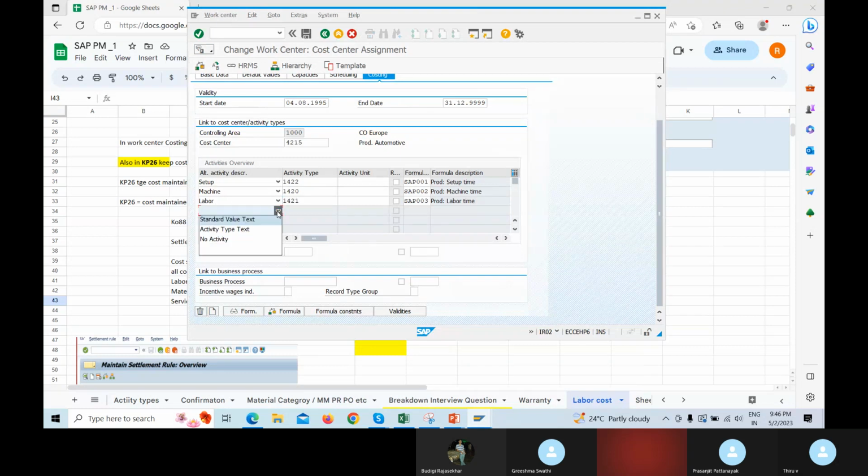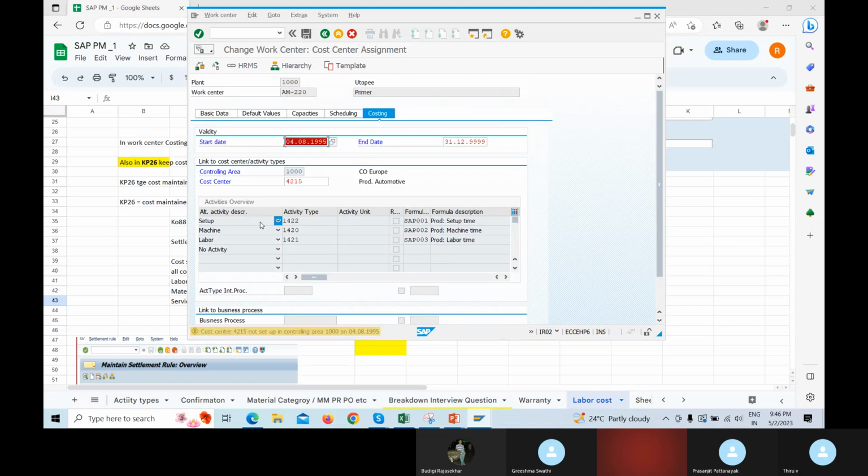See here, you can maintain labor. Machine, that is labor. Maybe I need to write manually, but you can maintain it more accurately. Even I have not worked on any project lately, but you can maintain it. Labor, that's what I asked Prasad, whether he had worked. Very, very rare. One worker can have multiple activities as per my knowledge, but practically even I have not worked on it. Prasad also has not worked. Fine, guys.